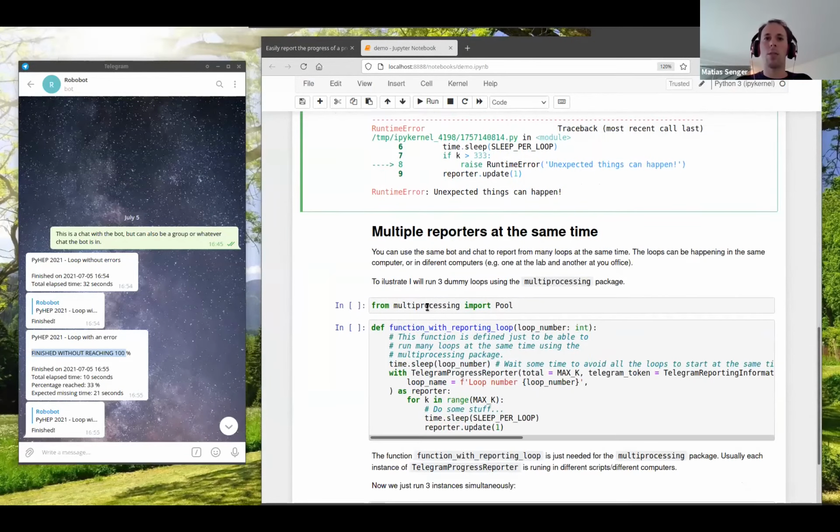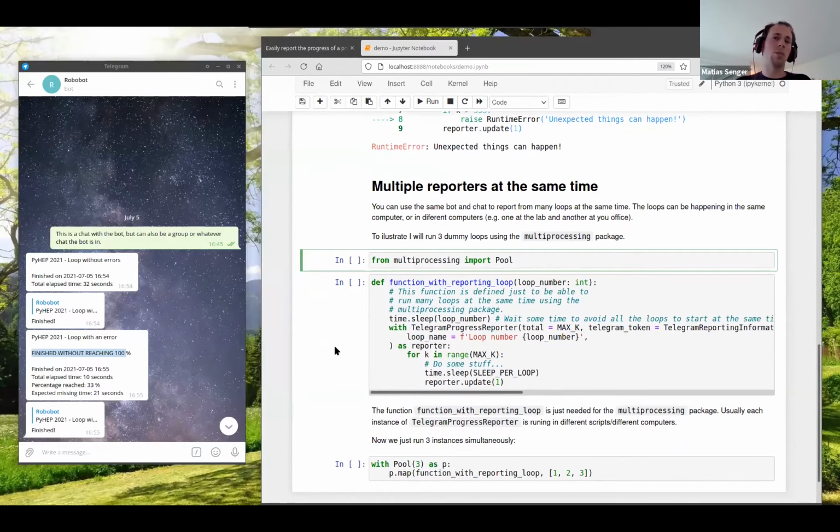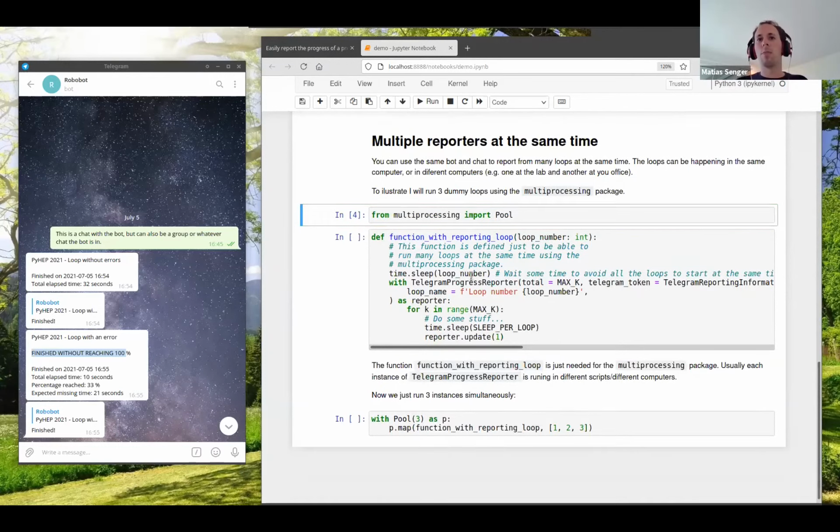And then also, this is not limited to just having, of course, a single loop. You can use the same bot to report as many loops as you can from different computers. So to make this example here, I will just use the multiprocessing package to run 3 of these at the same time.